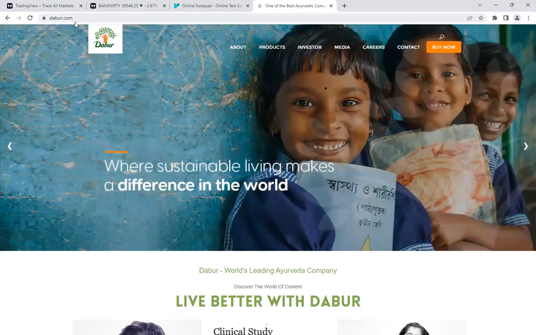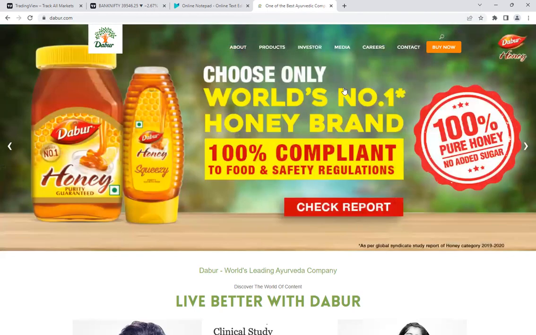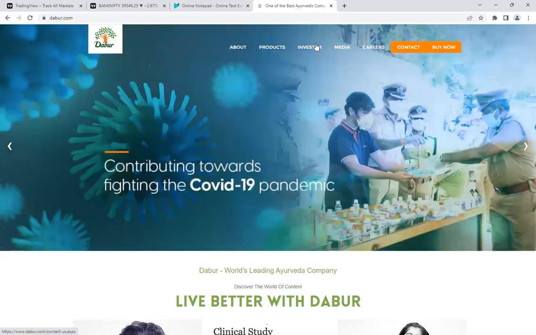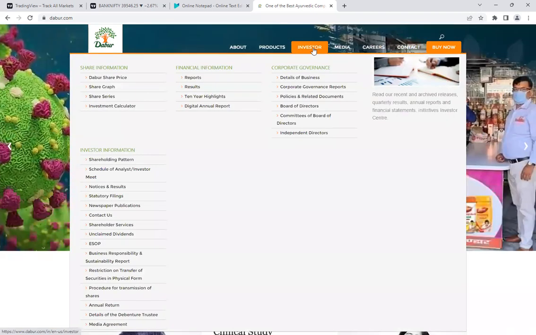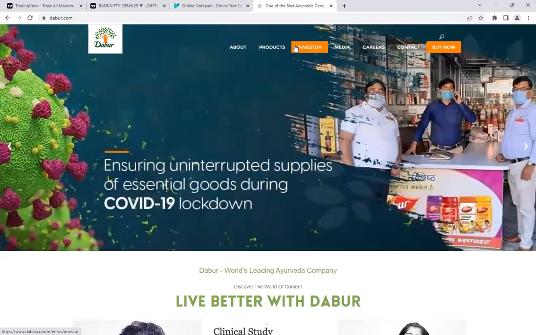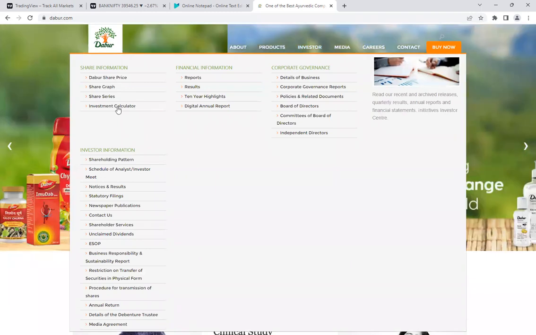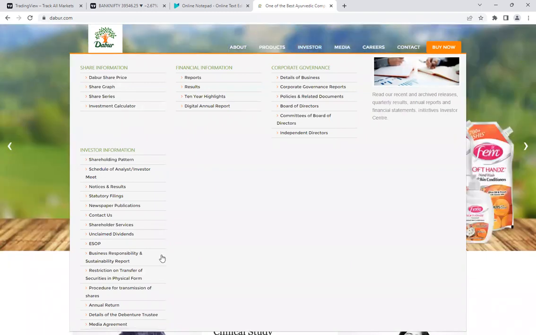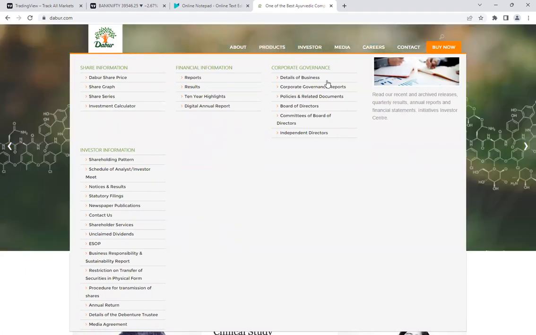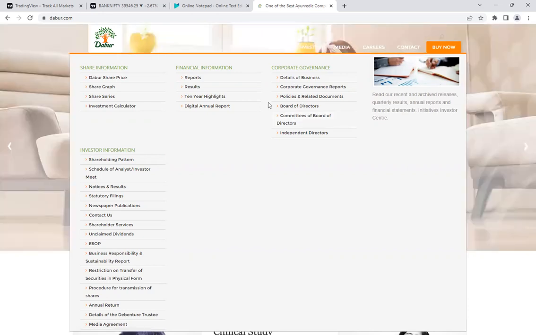So now we are on the Dabur site. Every company will have tabs on their website in this way, and out of these tabs, this is the investor tab. Every company gives this investor tab. Go to the investor tab, and you can see share information, investor information. Whatever information they provide in this tab is for all the investors, traders, promoters, everybody,